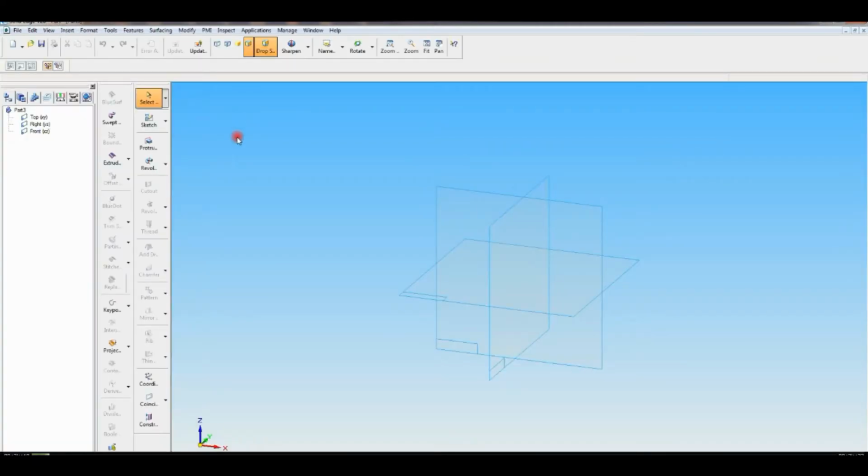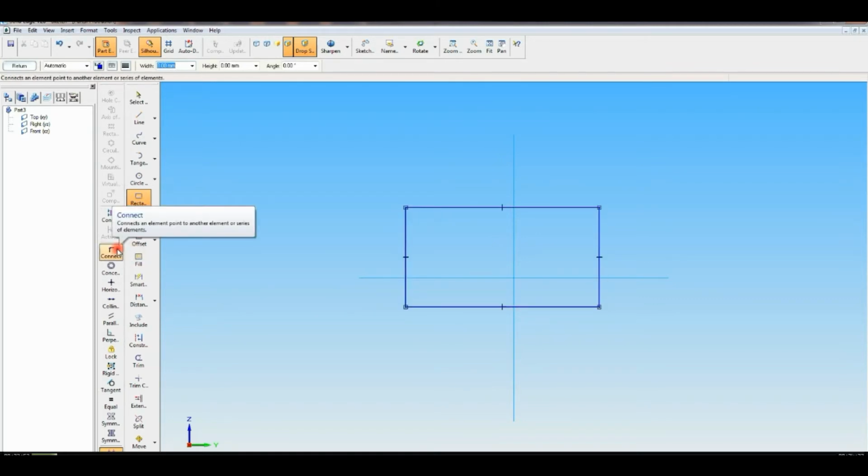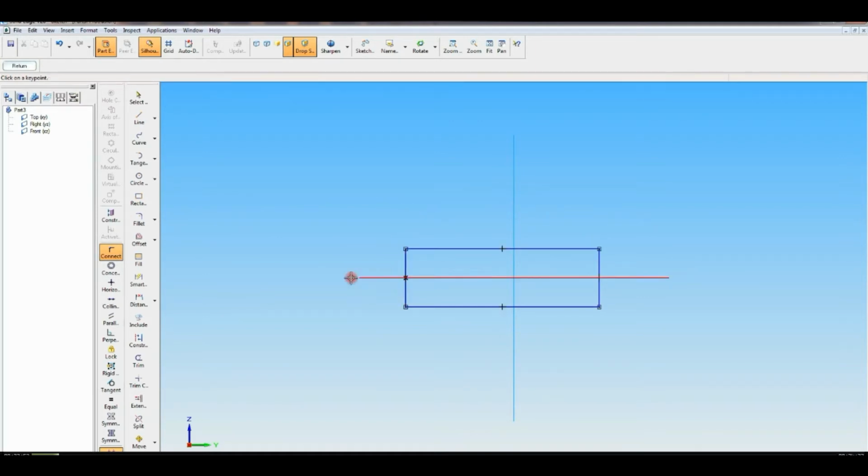Now click on the software, Solid Edge, in part modeling, and click on protrusion. In that plane you have to draw a simple rectangle, like this. Then with the help of the connect command, connect the center of the vertical line to the horizontal line. Then connect the horizontal line to the vertical plane, like this.